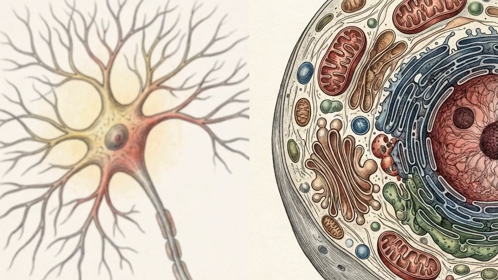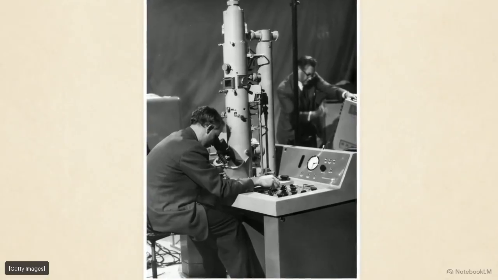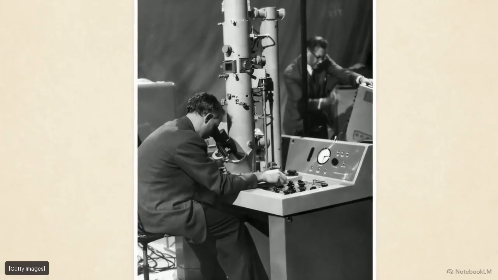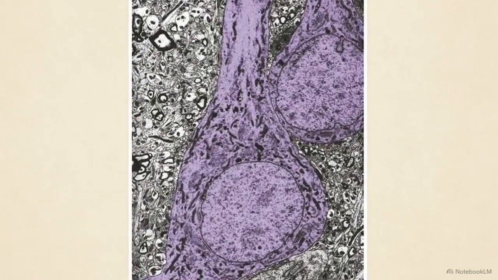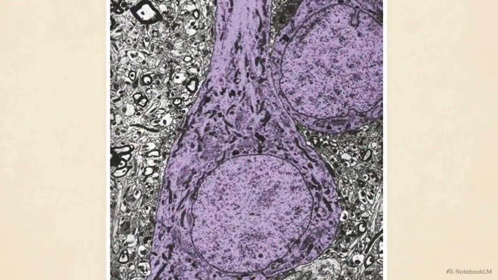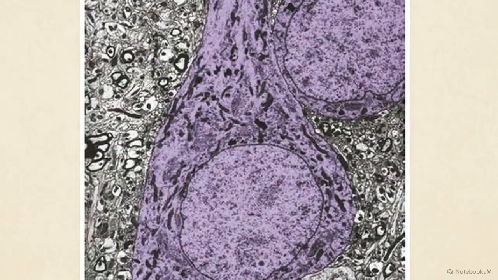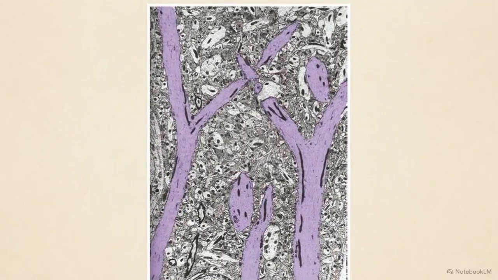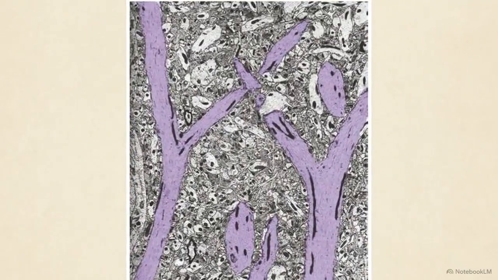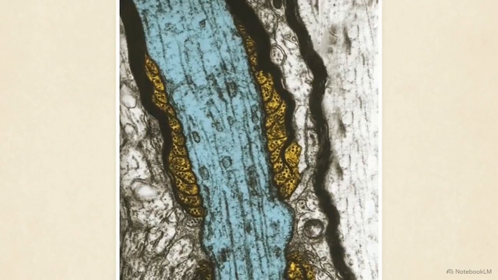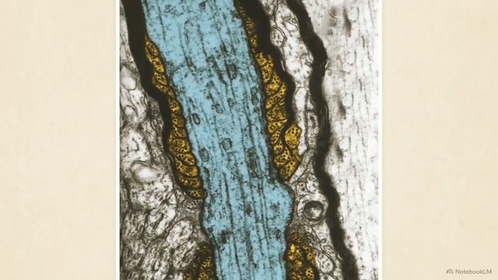While the neuron doctrine established that these cells were independent, confirming the physical gap between them required magnification that light microscopes could not achieve. In the 1950s, the electron microscope provided the resolution needed to finally observe the ultrastructure of nervous tissue. This electron micrograph reveals the central command center of the neuron. The large purple structures are the cell bodies, or somas, occupied by distinctly round nuclei. Moving outward into the tissue, we can trace the thick apical dendrites threading their way through the complex extracellular environment to receive incoming signals.